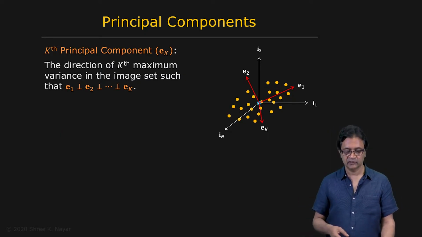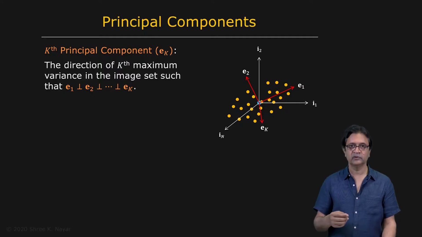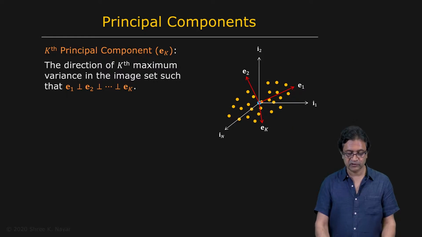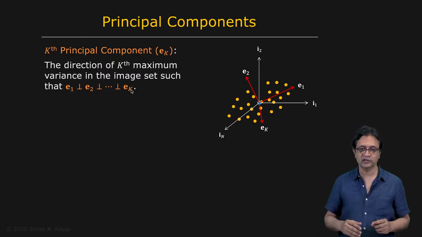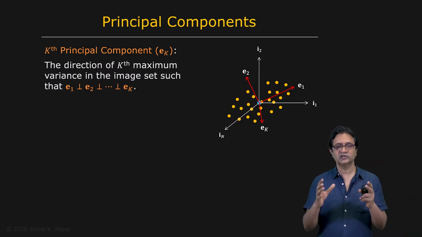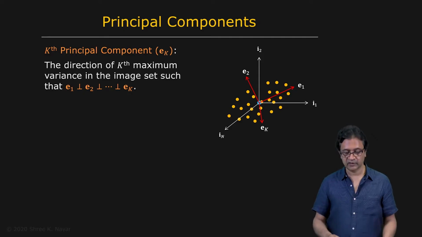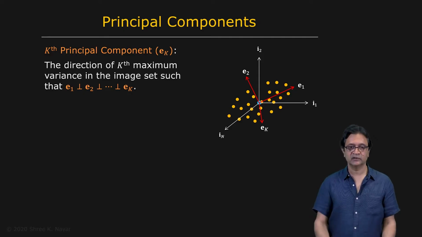And you keep going. You take the next principal component and the next one, and let's say you go all the way down to K principal components. And we'll talk about the significance of K, that is, when do you stop doing this? What is the dimensionality of the space that we are going to be able to use in an effective way, which is accurate enough as a representation? We'll get to that later, but let's say there exists some K.